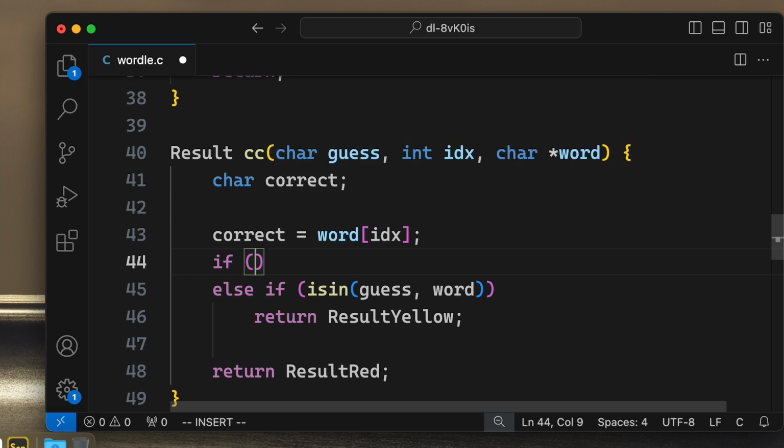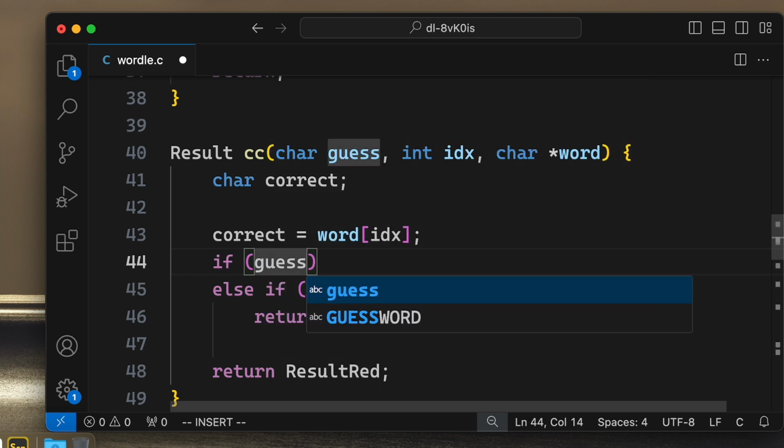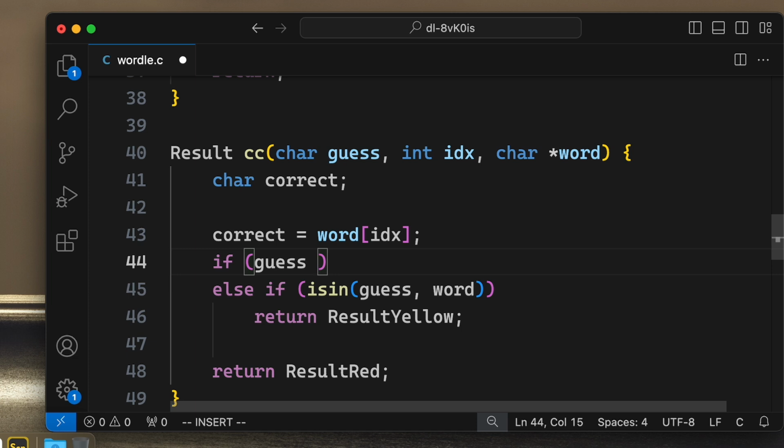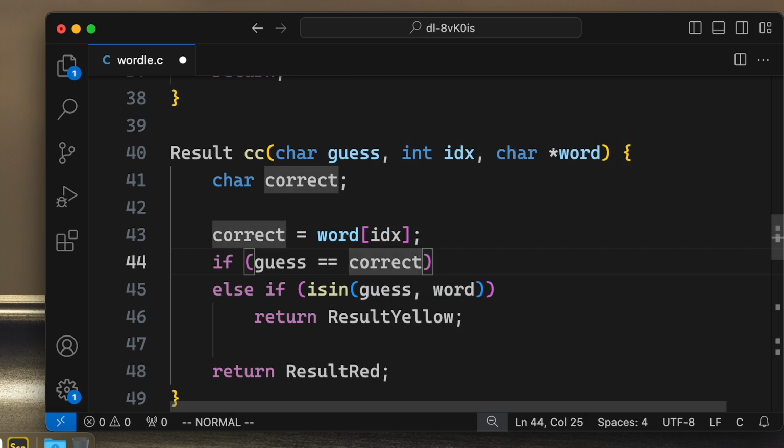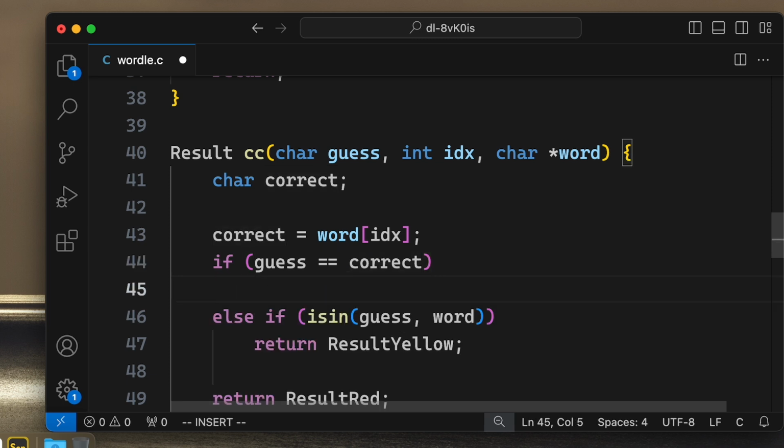So if the guess, let's see, if the guess, and then is it char, is equal to the word at, or the correct character of the word. In that case, we return